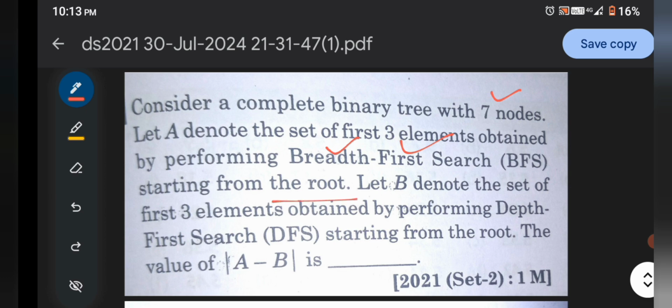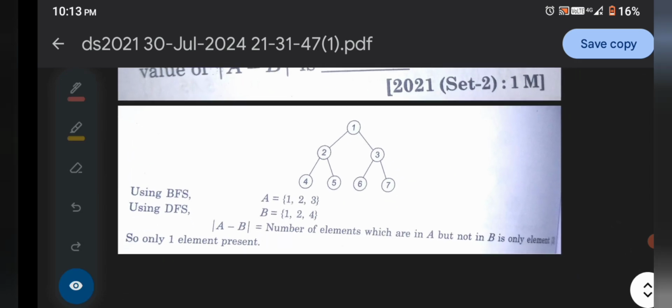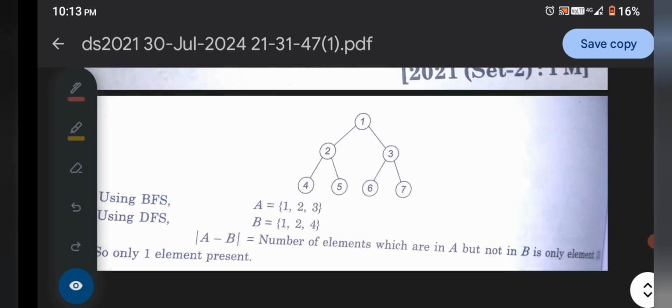Let B denote the set of 3 elements obtained by performing depth first search, DFS, starting from the root. Then the value of A minus B is odd. So this is a 1 mark question and a very interesting question. Now come to the solution of this question.